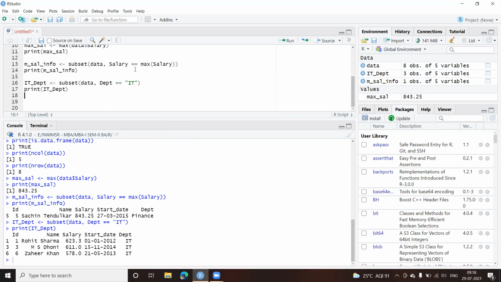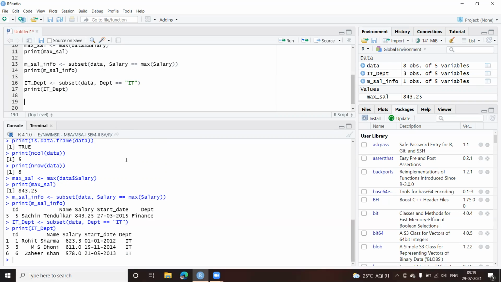Clear? So this is comparison. I'll also show you one simple example of less than or equal to, especially when we are looking at salary. Let us try to give multiple conditions so that I can filter the data out. Let us say the salary, now here we have 623, 600. Let us say I want salary which is greater than 600, and they belong to the IT department. If I have to do that, I'll just modify this one only.